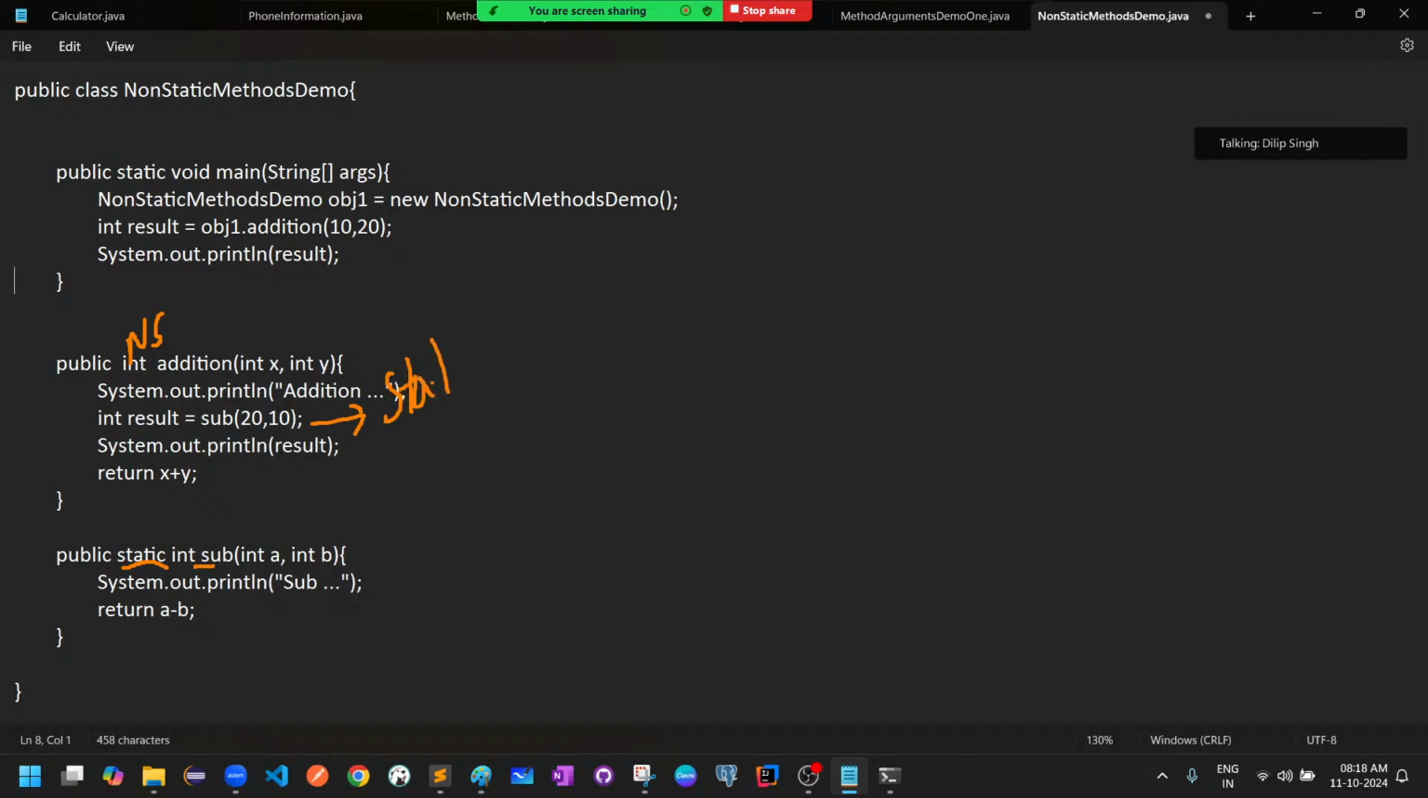So you are calling a static method here. Right now I told you one point: static methods can be accessed directly from either non-static methods or static methods. You can access them directly from both static and non-static methods. So that means, with respect to my statement,